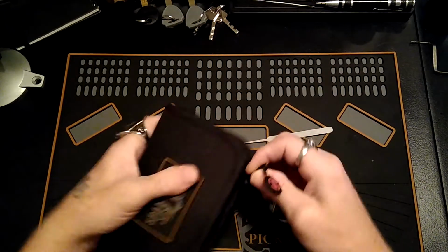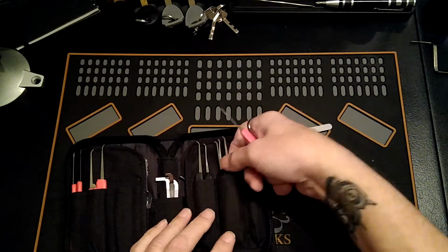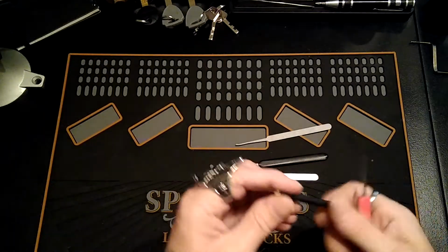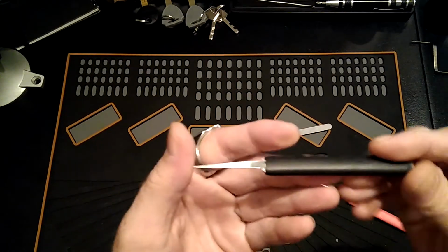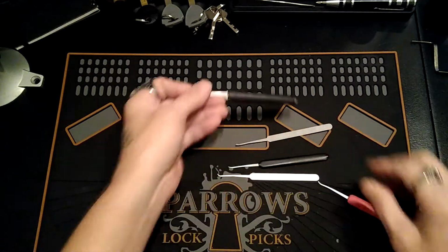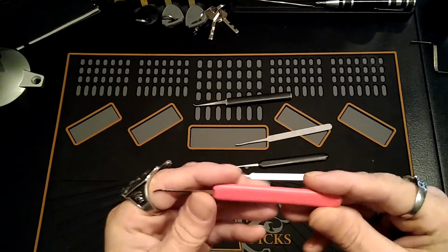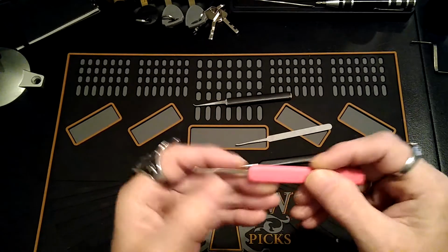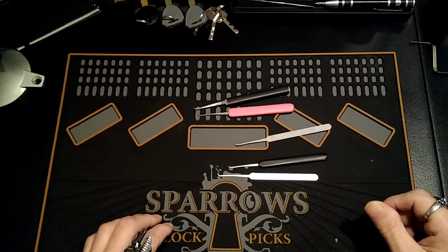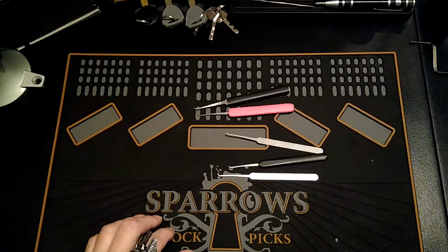This is how my picks look when I handle them. So I've got black here. This is in 20 thousandths or 25 thousandths Sparrows, from the SSDev kit. This is a standard hook in 15 thousandths Sparrows steel, and these handles are made with standard Sparrows steel pick,